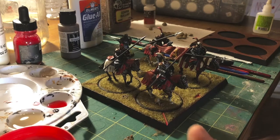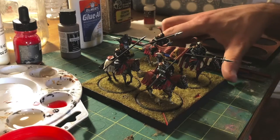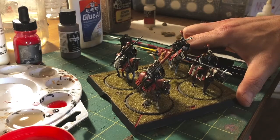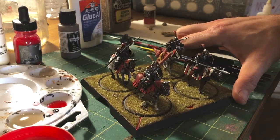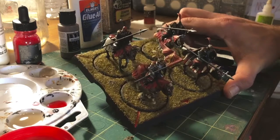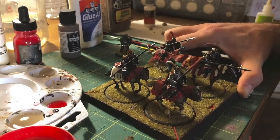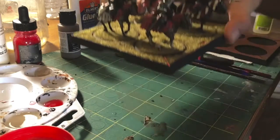I had mentioned, I think in some of the prior videos, the start of the bases we were painting the model, but we're going to go ahead and take that all the way. So what we're going to be doing is getting our base to look something like these guys right here, our Lannister cavalry. As you can see, we've got static grass on there, we've got some rocks, we've got some tufts of grass. All in all, it's a very basic